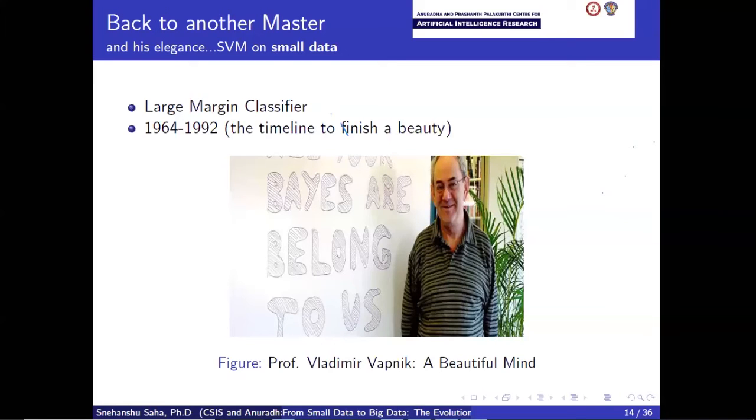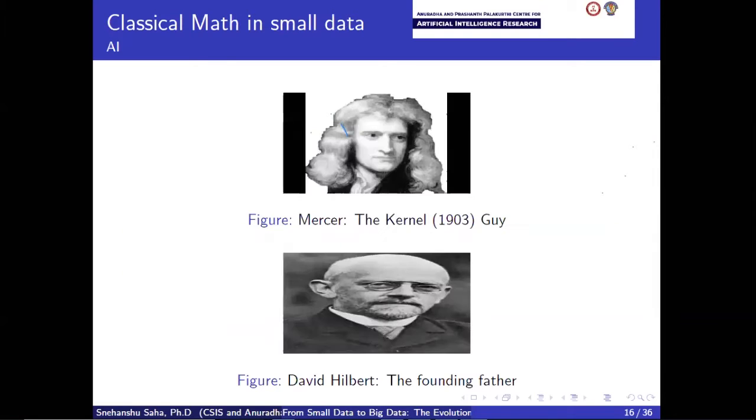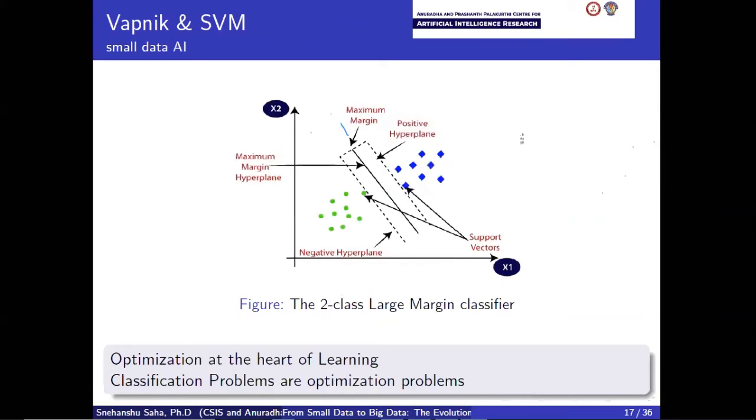So what he had done was he was trying to solve a problem, where I will just go straight to the data. I'll come to these two gentlemen in a bit. This is the sort of problem he was trying to solve: two different classes of data. He was trying to figure out a nice geometric solution, without doing much geometry, where one class of data is separated from the other by a large margin. This large margin takes care of the region of confusion, so that there is no way these green guys come close to the blue guys.